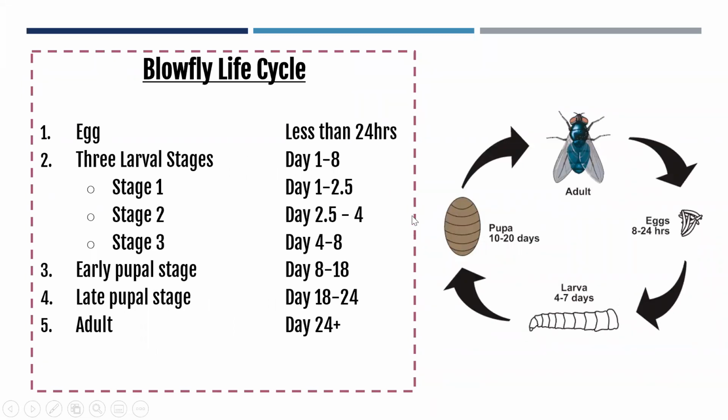So like I said, the adult blowfly arrives at the body, it lays its eggs, they hatch within about 24 hours, and then you have your 3 larva stages, or what we may call maggots. By about a week, they are late stage maggots. Then they start the pupa phase, which can take anywhere from 10 to 20-ish days, depending on the conditions. And that's when they are in their cocoon. And then they are released from their pupa as an adult, and the cycle just starts over. So that's how you get more and more maggots and insect activity. And because of this life cycle, you also attract other insects that can feed off of these various stages.